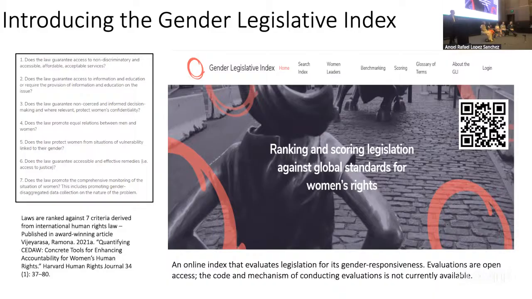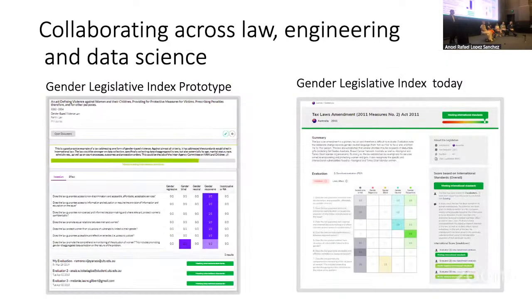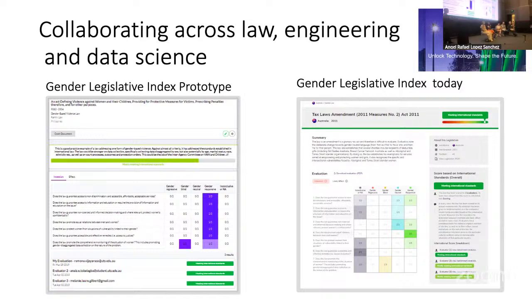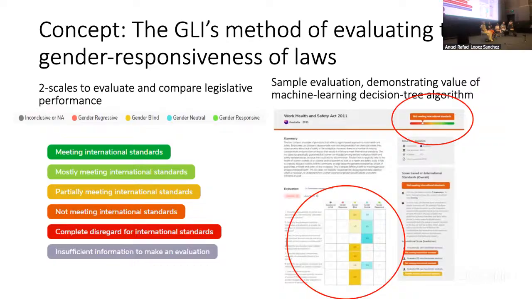So there's two different scales that we use to evaluate legislation, and you can see some of it on the screen here. One of the pictures on the right is not quite the early prototype, but it's a pretty rough mock-up of the Gender Legislative Index. And on the other side, you can see the Gender Legislative Index as it looks today. So legislation is evaluated against two different scales. So there's a scale to measure different provisions of laws from gender regressive to gender responsive and to give overall scores for legislation. We use a lot of engineering techniques in UX, so there's heat maps to show levels of